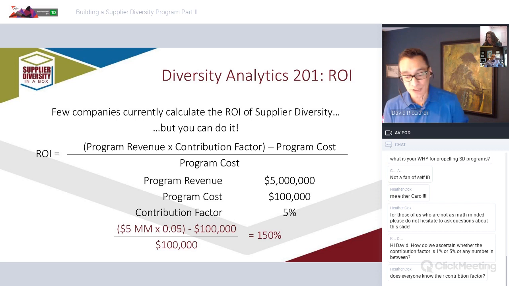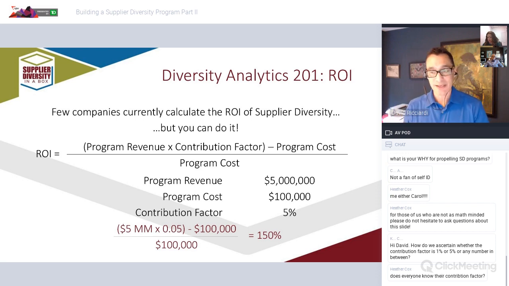1% number would be used for those where, maybe it's a line in the contract from the customer, yet we want you to have to engage diverse suppliers, but they really didn't ask a lot of questions about it. You would probably use something on the lower side. So it's a judgment call, kind of where you put it. You might look at your customer base as a whole and just pick a number and apply that to all of the contracts that have those supplier diversity requirements.